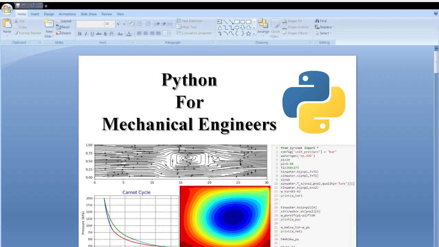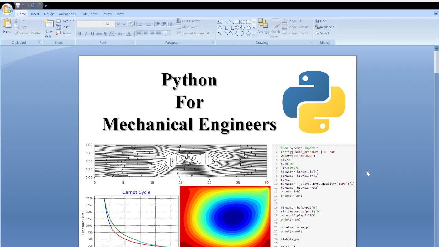So, now the question comes, why Python? To answer this question, a lot of people have different opinions. Python, first of all, is open source, and for us, for mechanical engineers, the best thing is that it is very easy to understand and implement.